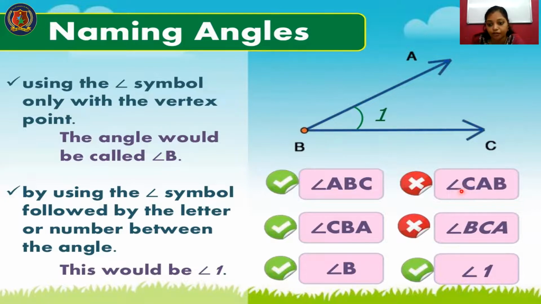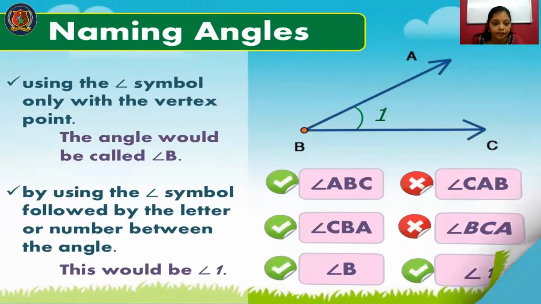As I said before, you should not write angle CAB or angle BCA. Always the vertex should come in the middle. So these are the correct ways to write the naming of an angle. Angle ABC, vertex is center. Angle CAB, both the sides you can write, B is center again. Or angle B, only the vertex you can write, or for the measuring arc you can give one name. That may be any other number. So angle 1 is also a right way to write the naming of an angle.